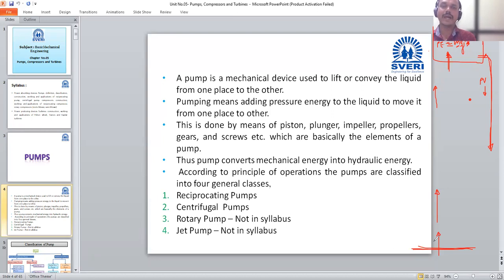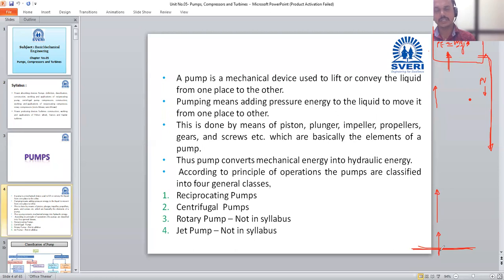For example, to move a bike from one place to another, we have to add petrol, and using the energy of that petrol, the motorcycle can move from one place to another. For a bicycle to move from one place to another, we have to move it with manual force. Without energy it will not happen. Similarly, to lift that water, we need to add some energy.